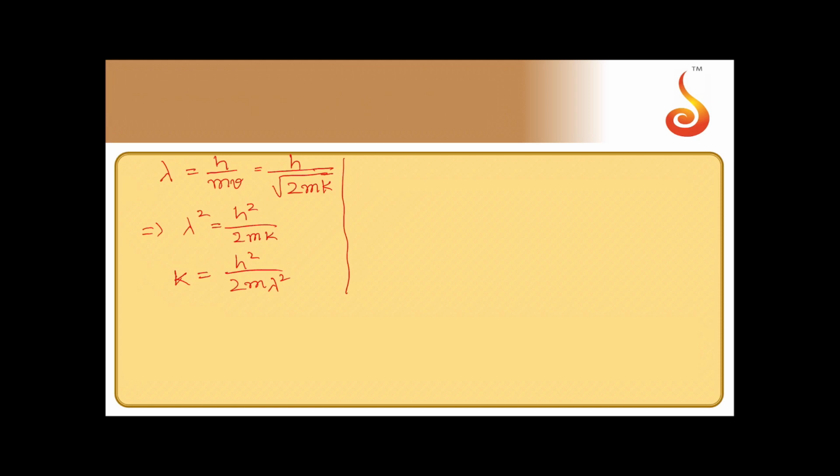Now if we consider for photon, wavelength of photon is given by E is equal to hc by lambda. So lambda is equal to hc by E. Now in the given problem, what they have given is de Broglie wavelength of particle moving with this velocity is equal to wavelength of photon. So the two wavelengths are equal, that is what they have given.